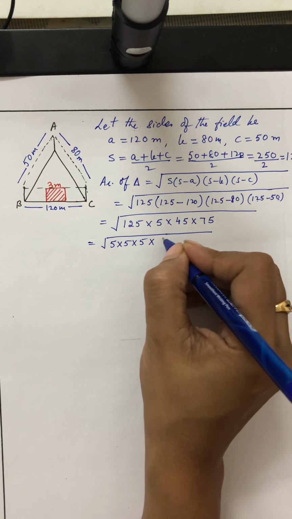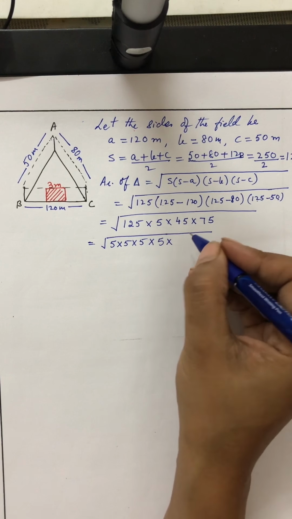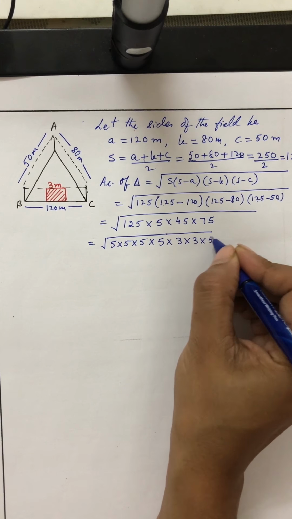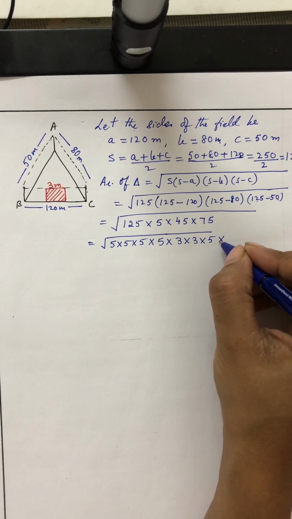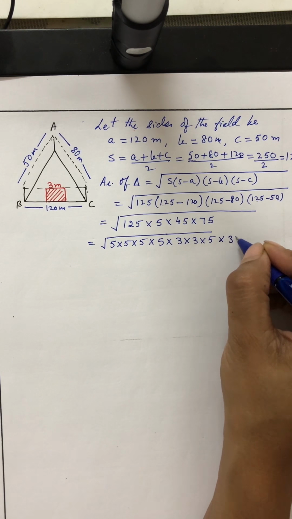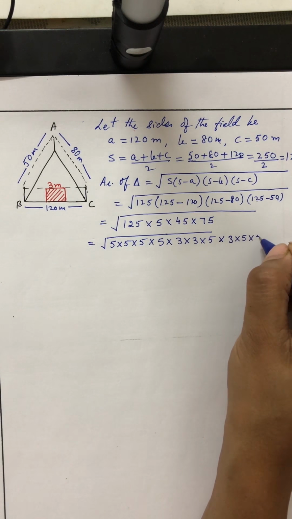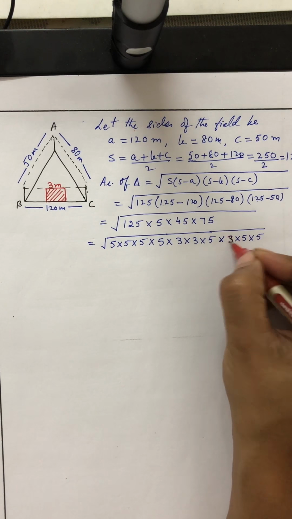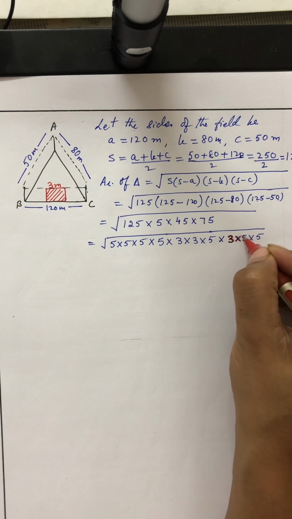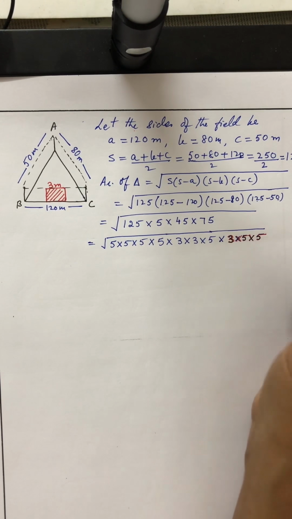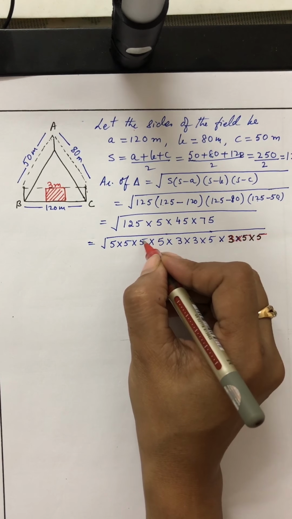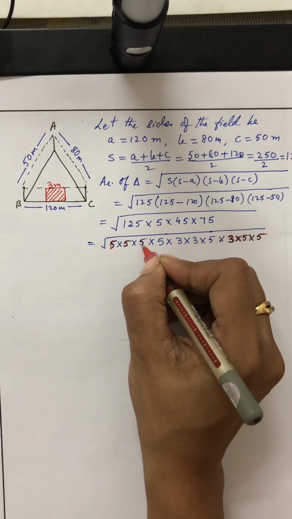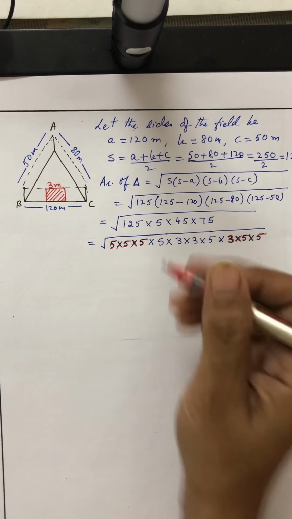Then this 5 copied down, and this 45 when factorized gives me 3 into 3 into 5. 75 gives me 3 into 5 into 5. So this is the factorization for 75. This is the factorization for 125, and